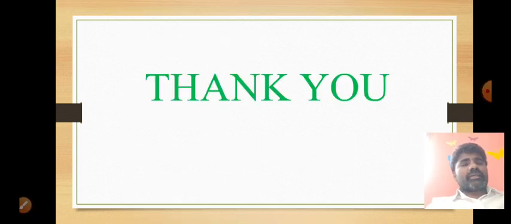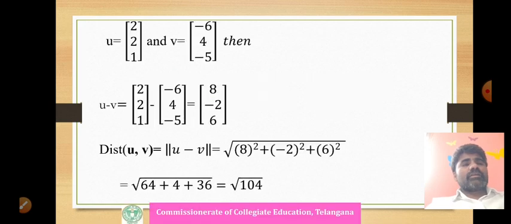Now today we shall stop up to this stage. Tomorrow we are going to discuss orthogonality, orthogonal sets and orthonormal sets. When we say that two vectors are orthogonal, what are the examples, what are the properties of orthogonal sets and orthonormal sets, and we will discuss the orthogonalization process and the Gram-Schmidt orthogonalization process. Thank you.